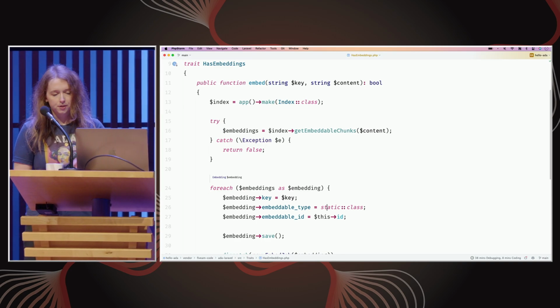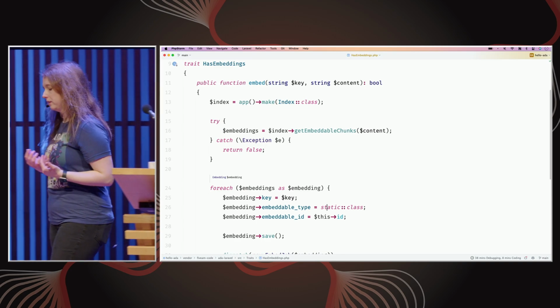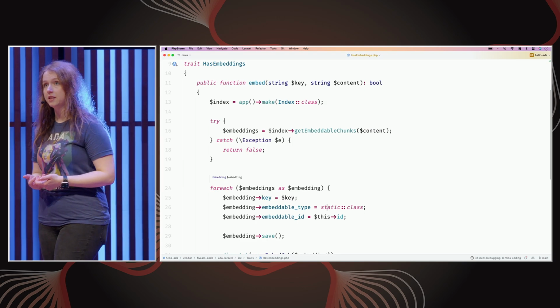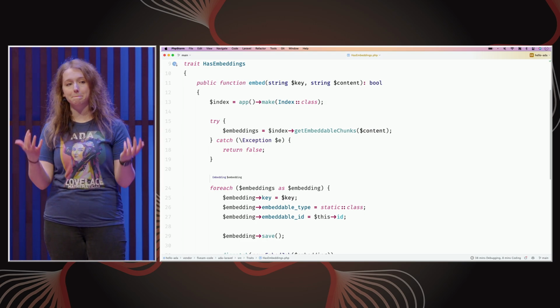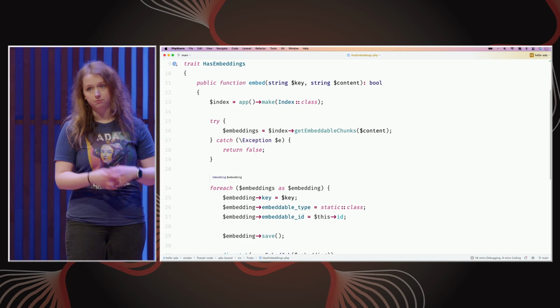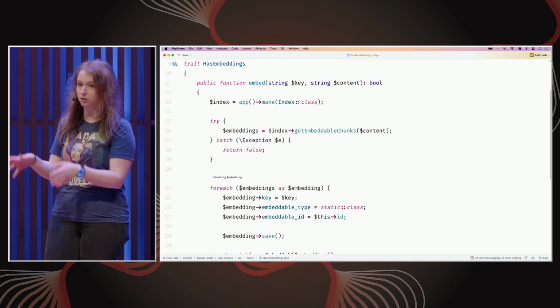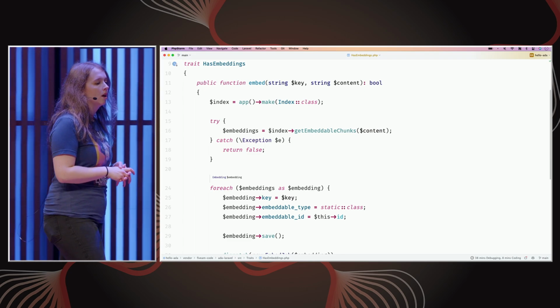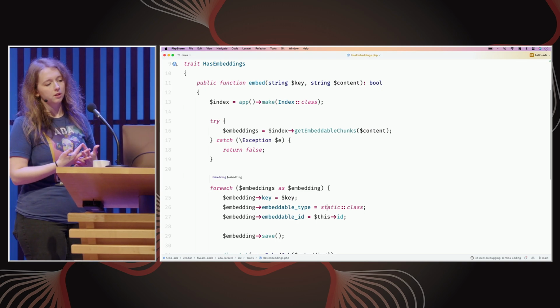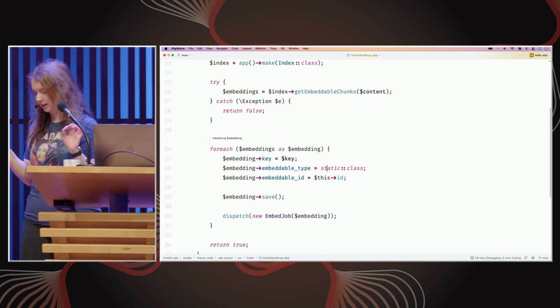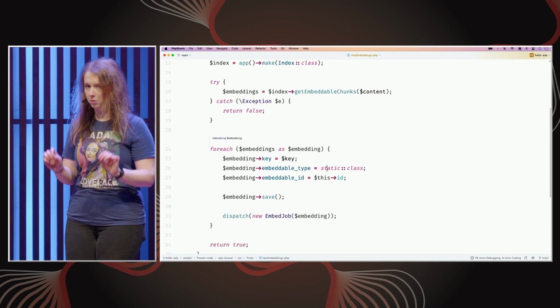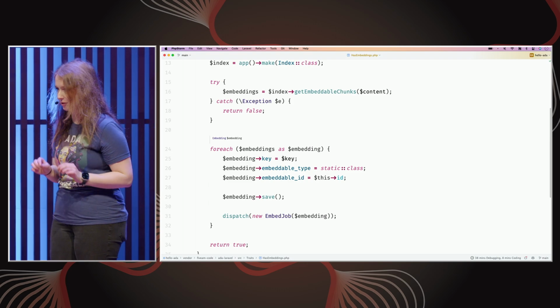After we did that, the index will, with the help of the tokenizer, split up our content into embeddable chunks, so 8,191 tokens-ish maximum. And this will return an array of embedding Laravel models.